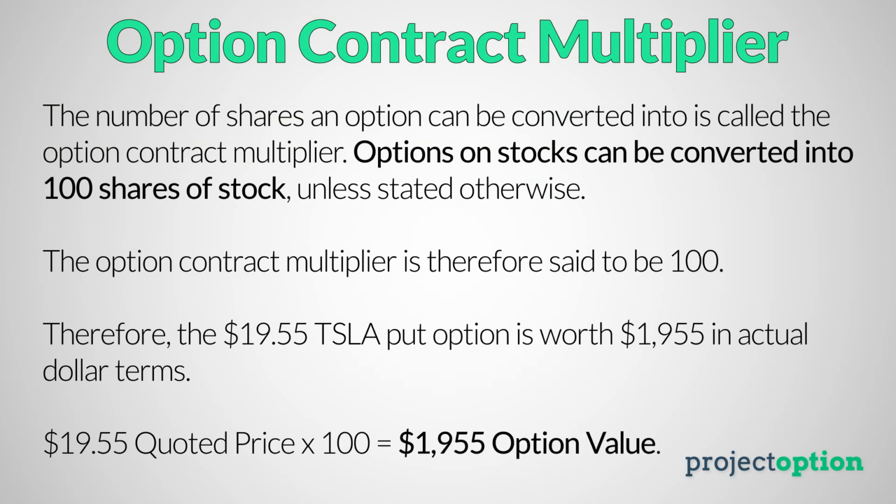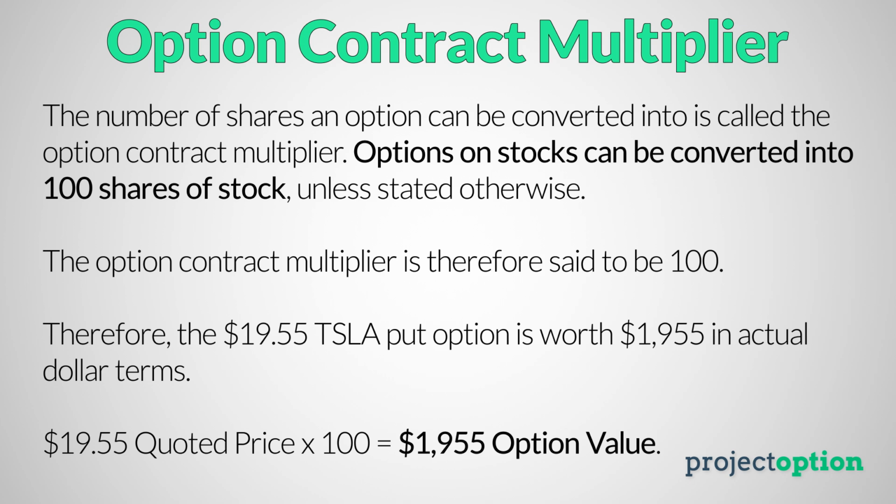There are two basic concepts that you need to understand before we move forward. The first concept that might be confusing at first, but you need to understand, is that options are quoted on a per share basis, and all that means is that since an option can be converted into 100 shares of stock, the option's quoted price is not its actual valuation. So in this case of looking at a Tesla option with a price of $19.55, we actually have to multiply that price by 100 to get the option's actual value. So if we take the option's quoted price of $19.55 and we multiply that by 100, we get an option value of